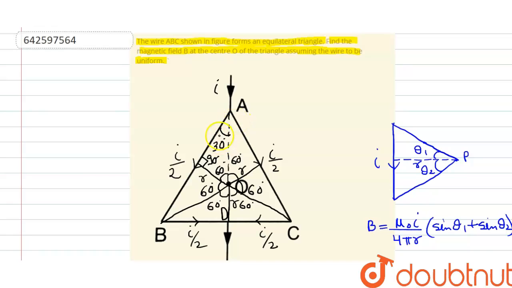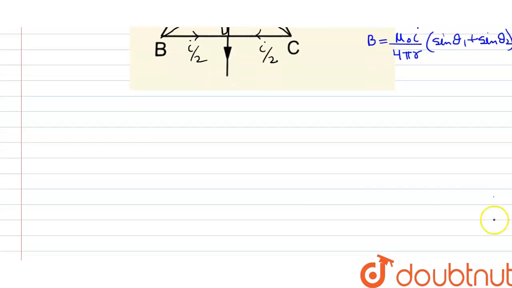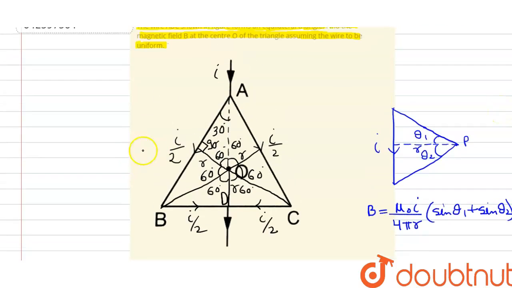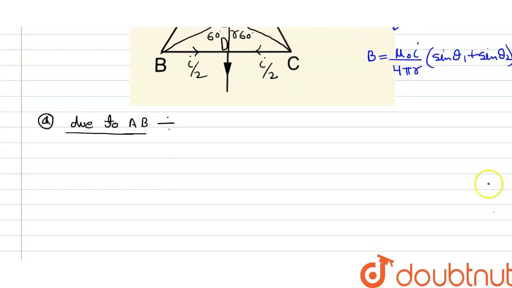Now we can calculate the magnetic field due to wire AB. So due to wire AB, we can write it down. Magnetic field will be in which direction? If we apply the right hand thumb rule here, current is flowing in this direction, so it will be upward, coming out of the plane. So we will put a plus sign here, so it will give us B of AB is equal to